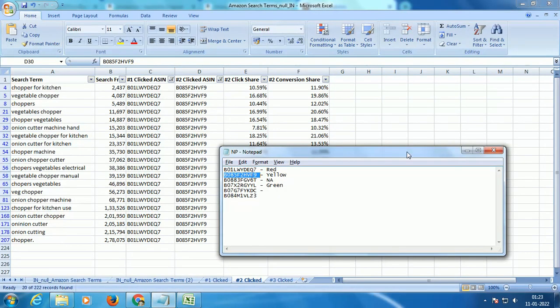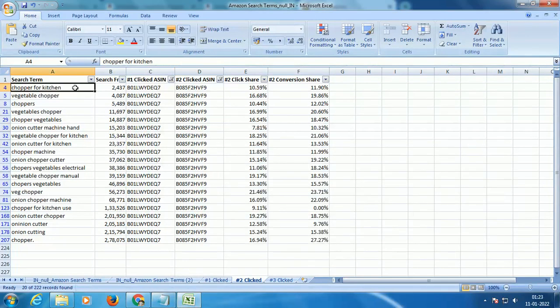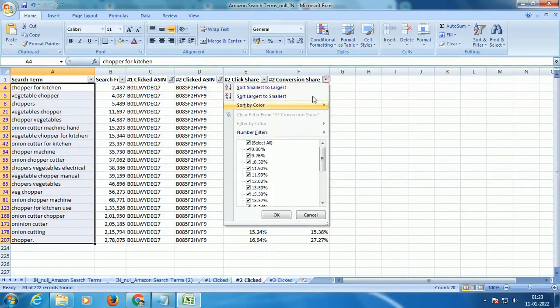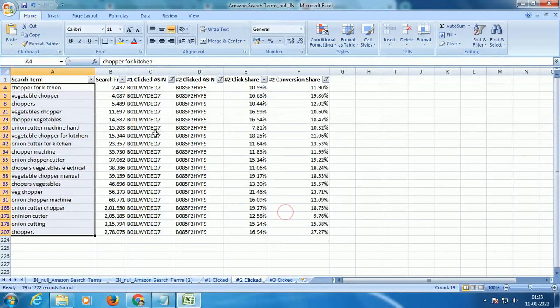In our previous example, in first clicked, this guy had the most amount of keywords, whereas in the second clicked data, he does not have a significant share, whereas this ASIN has got a significant number of keywords. He has ranked for a good number of keywords. So once again I'll look for areas where he has got more than 10% of click share. I'm considering 9.76% also. I'll just say okay, I'll make a list of these keywords also, right?